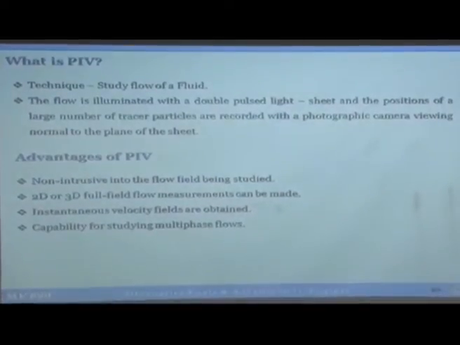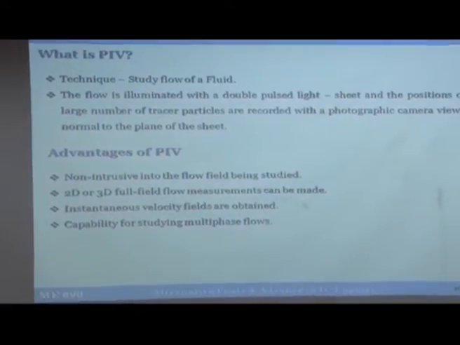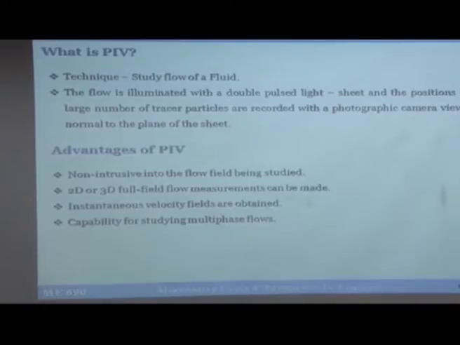And what you need to do is, suppose there is a section, you can capture the image for the entire section, and suppose at some point you only need a very small area to be interrogated, you can just interrogate that small area. Suppose next day you think that okay, I need to interrogate another area, you do not need to repeat the experiment, just pull out the files from your computer and interrogate another area. So, that is another advantage.